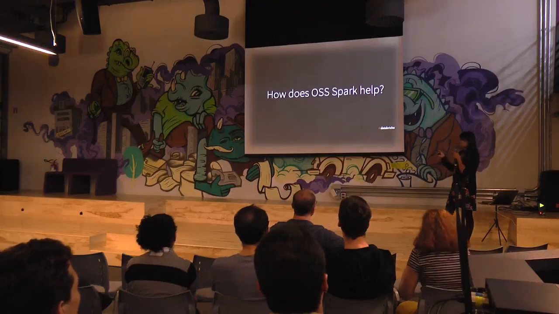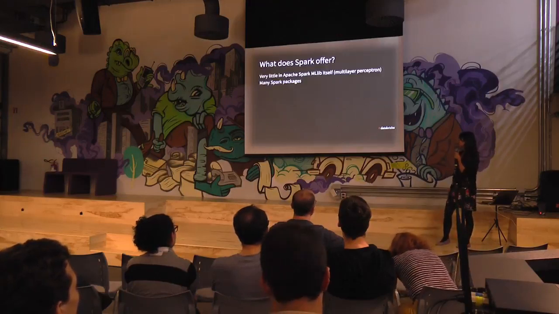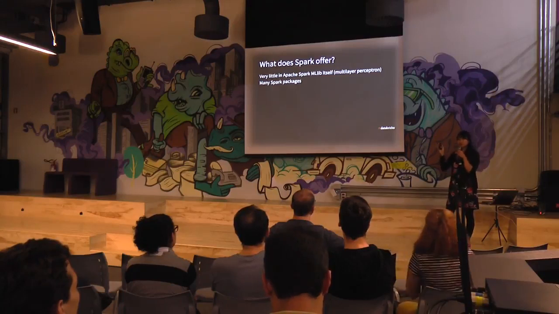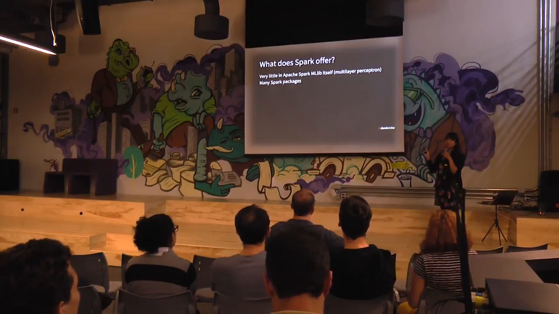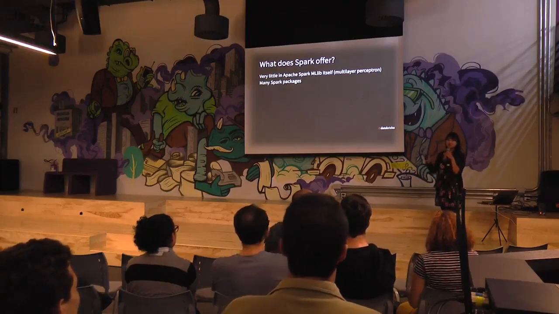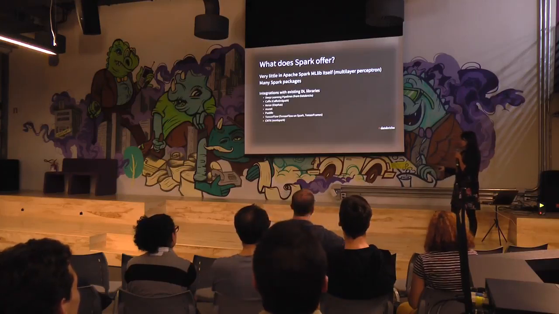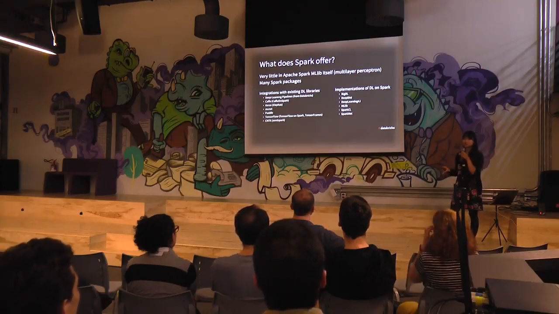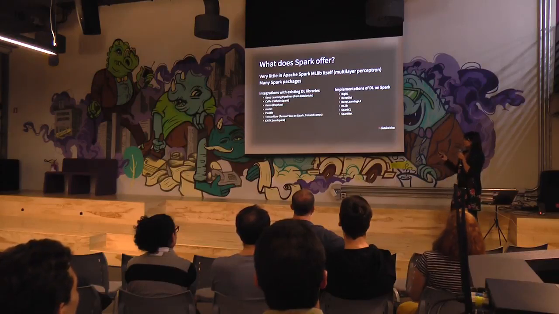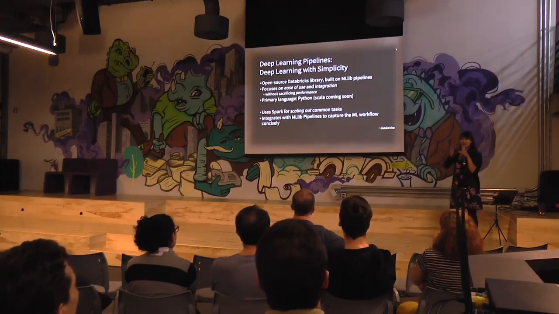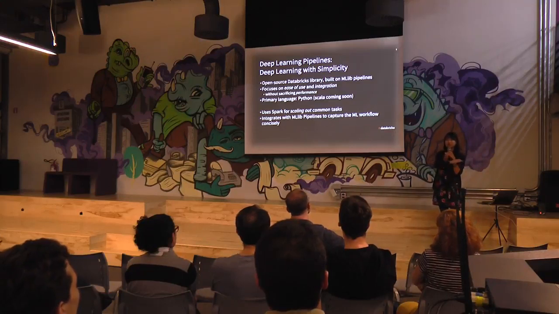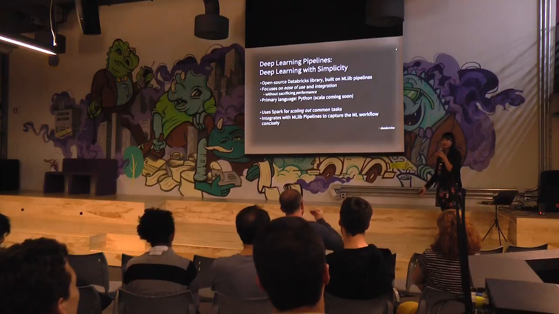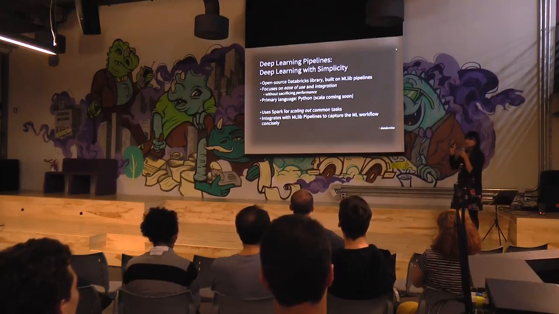So how does open source Spark help? Not very much. We have multi-layer perceptron within Spark MLlib, but we don't have the cool neural networks and stuff like that. So it's really relying on the ecosystem out there. BigDL, Deeplearning4j, those are the packages that are built on top of Spark. So we're going to touch upon how we saw a pattern with MapReduce back in the day and how deep learning is right now. And we rolled out this package called Deep Learning Pipelines.